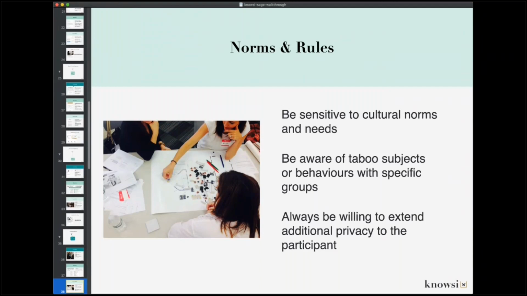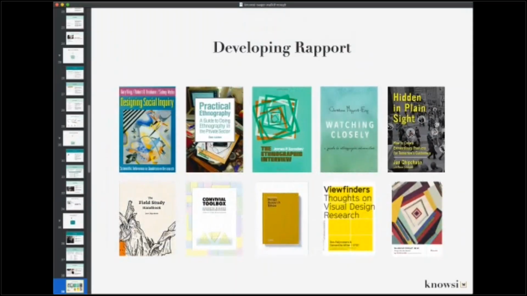So if a participant is expressing body language that indicates that they're uncomfortable about something, proactively extending, like, hey, do you want me to stop recording? Hey, do you want us to put away the camera? Those kinds of questions, even if the participant has consented, go a long way to building that trust, and also to fixing that asymmetric power relationship that research participants and researchers have, because it can be uncomfortable.